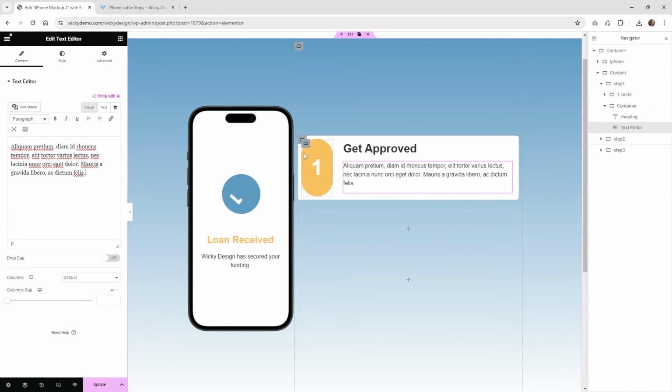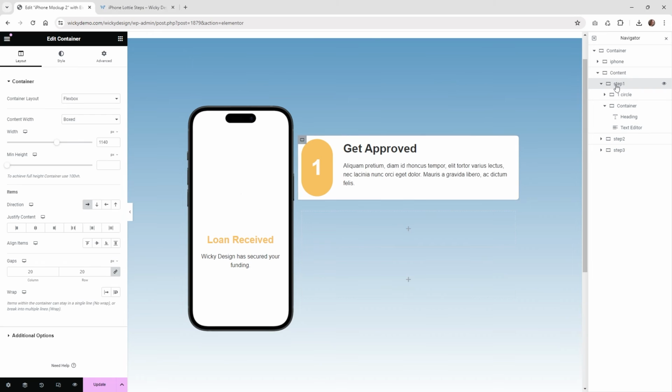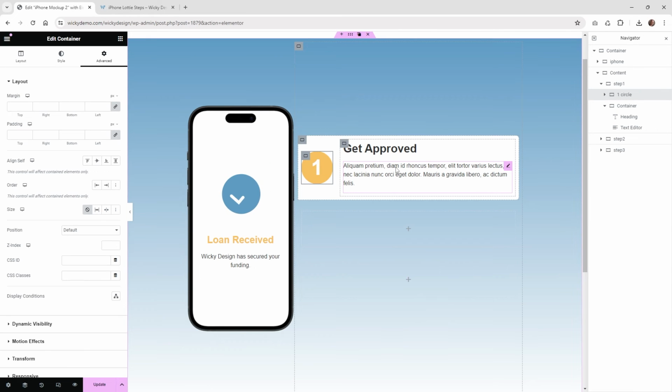Like I said, if this grows like this, there's one setting that you're going to need to change, and that is underneath the step container. So this whole container right here where it has the white background, there's one button right here, and you're going to want to make sure you align your items to the center. When you do that, it's going to make sure that that container doesn't grow. So that's how you can get the very first one to work when you have 2 containers sitting next to